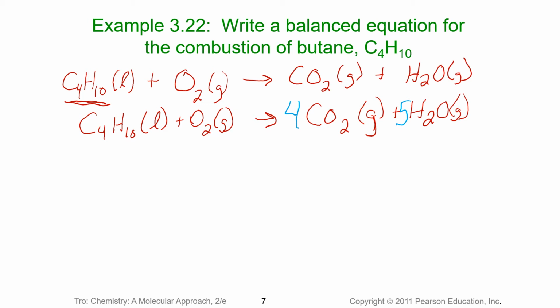Let's look at our oxygens. So on the right-hand side, we have 4 times 2, which gives us 8 oxygen from our carbon dioxide, and we have 5 times 1, which gives us 5 oxygen from our water, for a total of 13 oxygen. So now, in order to balance our oxygen,